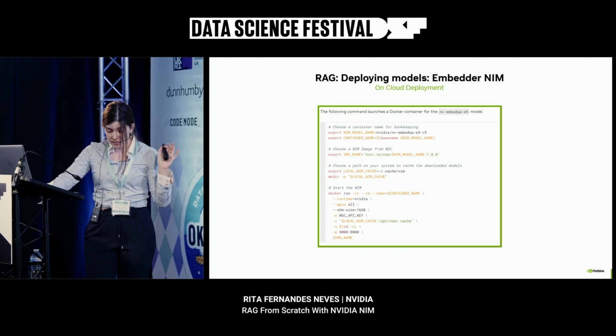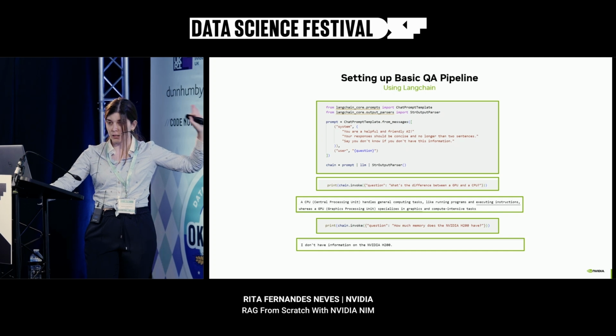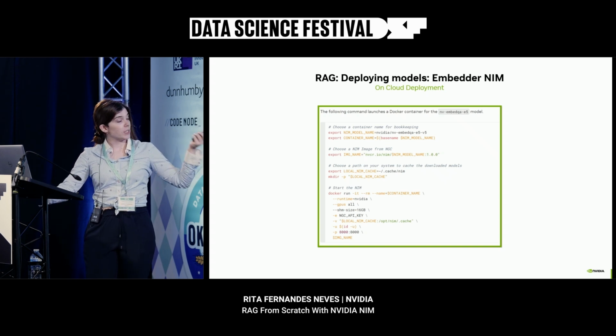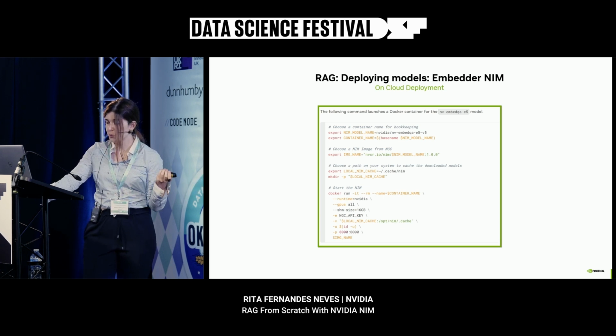So let's now start with the RAG process. This is definitely not RAG. This is a QA pipeline. There's no documents. There's no database connected here. If we want to build the pipeline, as I've mentioned before, we need to call an embedder. And an embedder NIM is very simply, as I've mentioned, a Docker run for a container, which has a container name that you, of course, need to take from the website that I've mentioned before. You need to specify the runtime, the GPUs, and very importantly, the API key that you also obtain by the website.